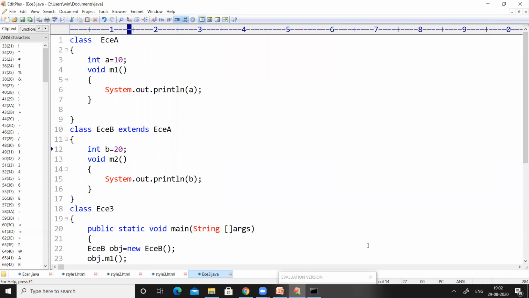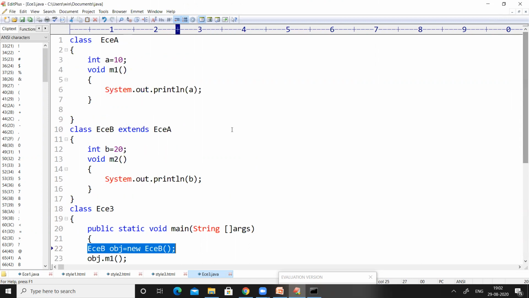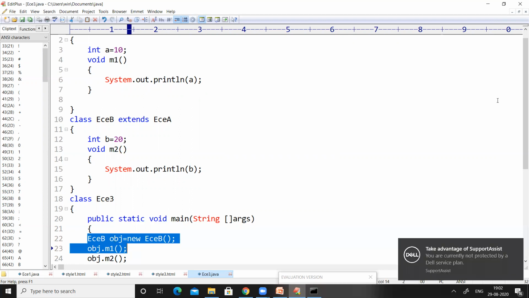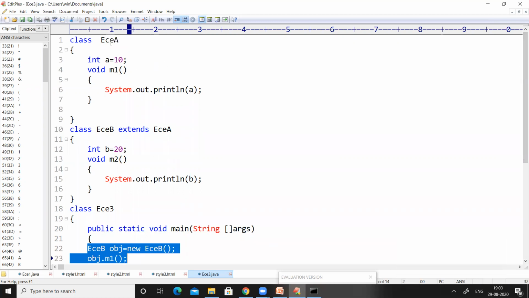So we didn't create an object for ECEA. Here you can observe, we only created an object for ECEB. And by using that object only, we have accessed M1. You can observe in the blue color, with the object of ECEB only, we have accessed M1. But that M1 was located, you can observe here, in ECEA.